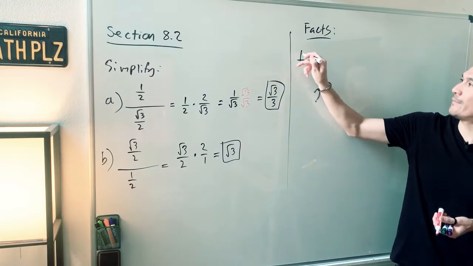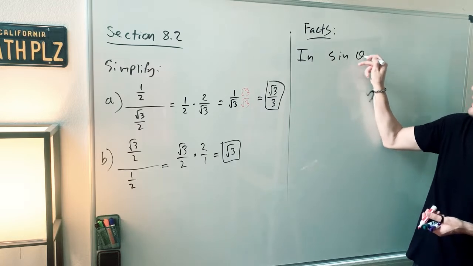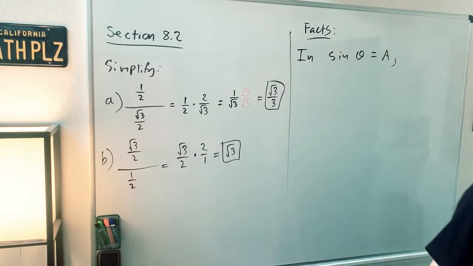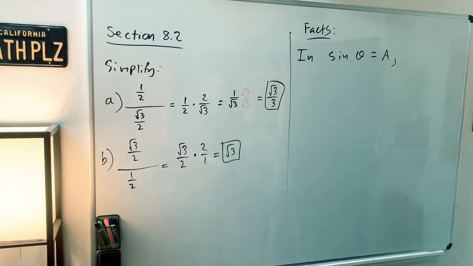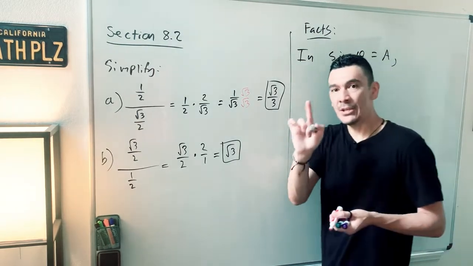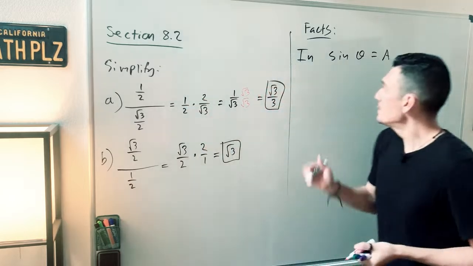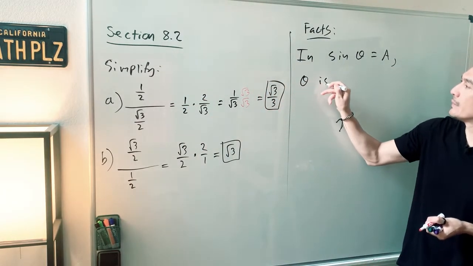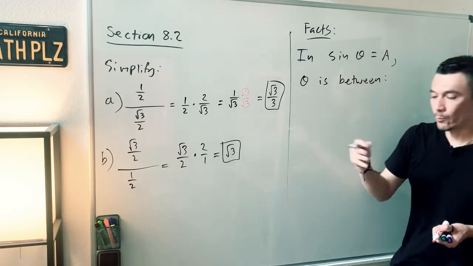So this is from 8.1. So in sine theta equals A, remember that equation from the other day? Sine of theta equals some number A. If you have sine of theta equals A, then we know that theta has to be within a certain window. So in sine theta equals A, theta is between